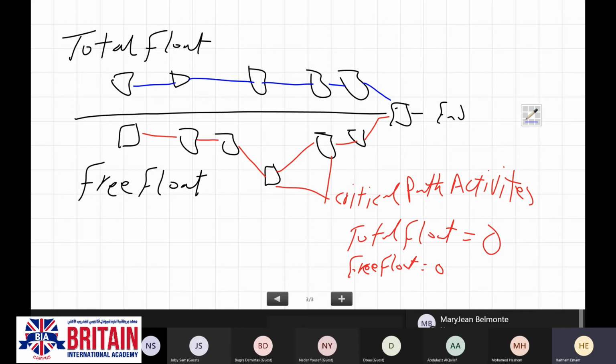The total float of, let's say, this activity, is that period of time this activity can be delayed in its start or in its finish without affecting the critical path of our project or without delaying the project.